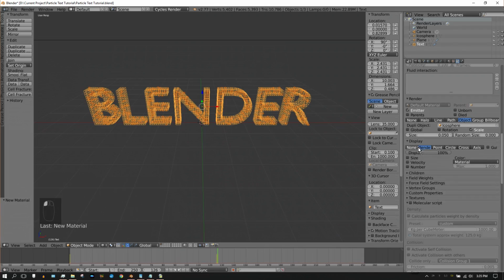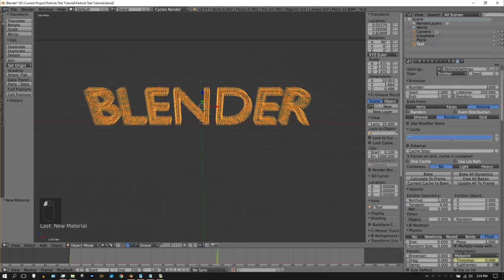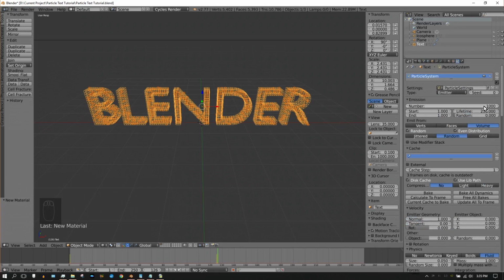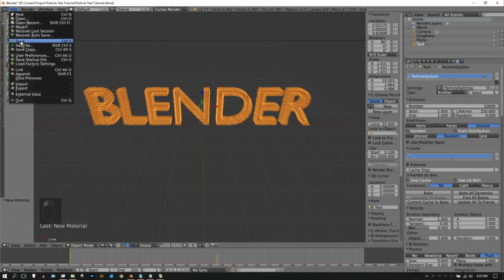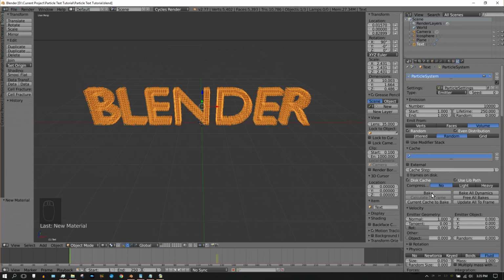Go to display, make sure render selected. Now at this point we need to increase the number of particles, and this particular setup needs 10,000 particles. So change that from 1,000 to 10,000. Now I'm going to go back to frame 1. I'll go ahead and save this file. Now press bake,